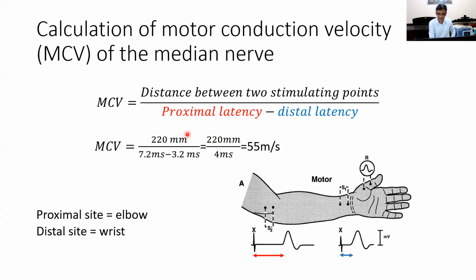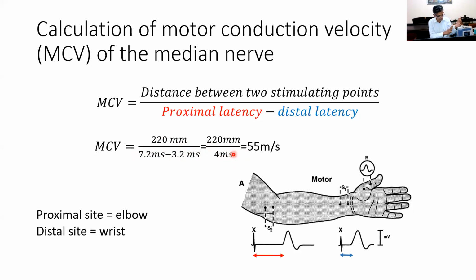And then you get the latency difference, proximal latency minus distal latency. And these are spot questions. This equation can be given for a spot. Right? So we can give the numbers and we can ask you to calculate the nerve conduction velocity. So if the distance is 220 millimeters, proximal latency is 7.2 milliseconds, distal latency is 3.2 milliseconds, 4 milliseconds is the latency difference, which is the time taken for the impulse to travel from